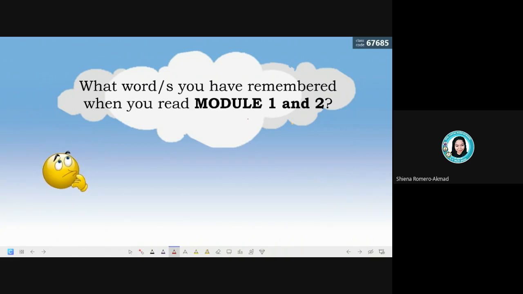So, if you are asked for the word or words that you may encounter or you have encountered in reading module 1 and 2, these are some of them. So maybe you have read there yun nga, yung nabanggit ko kanina, yung leading coefficient test. Maybe you also encounter the word graph. You also have the polynomial function,